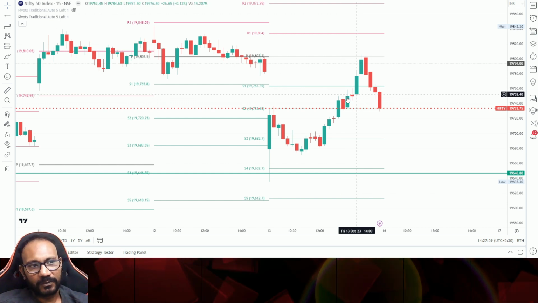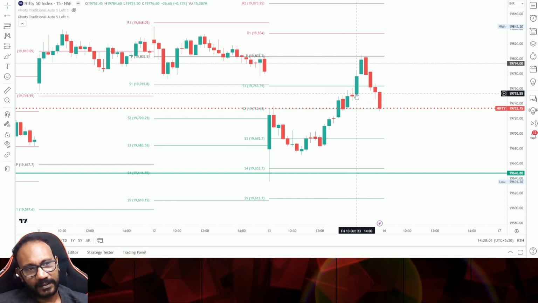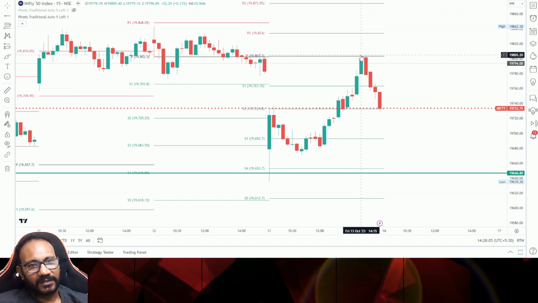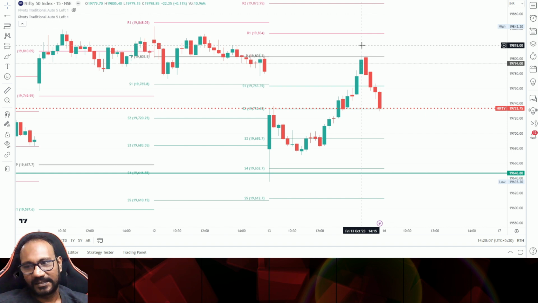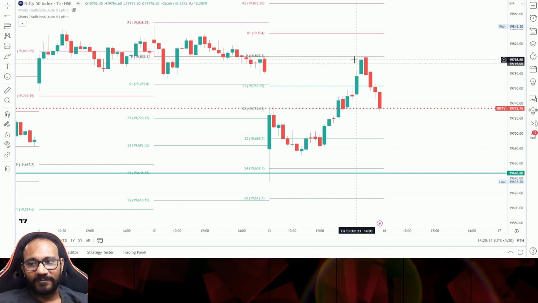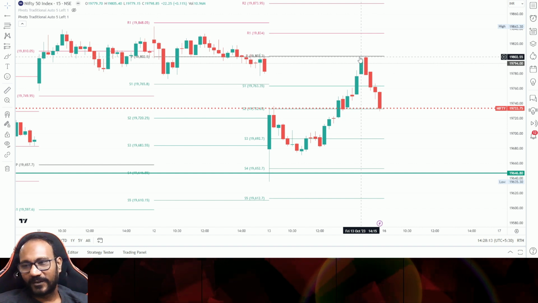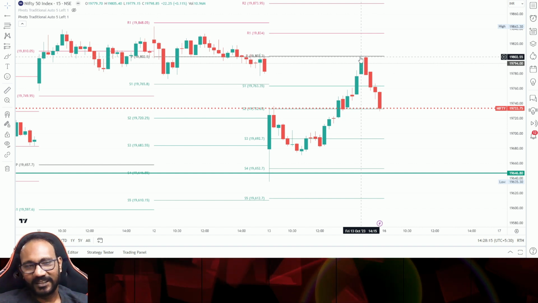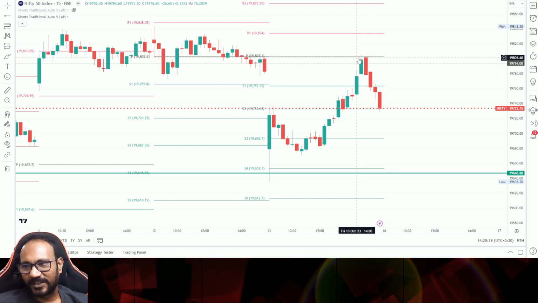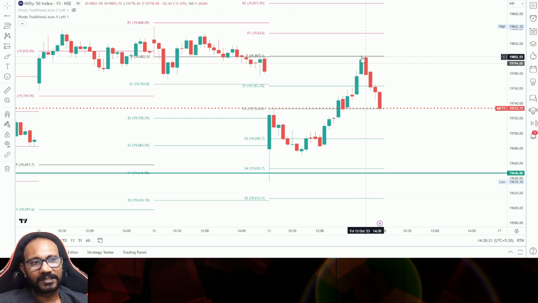Maybe let's say that you entered very late. You entered only in this candle, right? And the market has moved here. You got some good points. Let's say you collected some 20 points. Cool. Now, whether to continue to hold on to that or to exit the position is obviously a question that might be in mind. Maybe you can exit 50% of the position and then see what is happening,